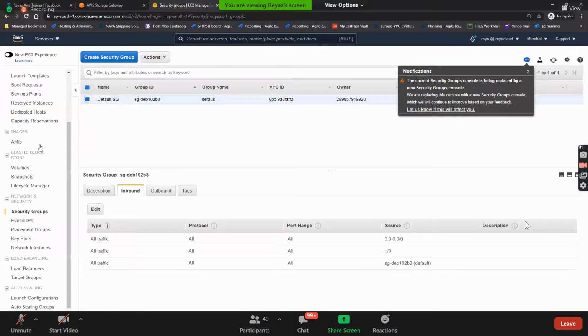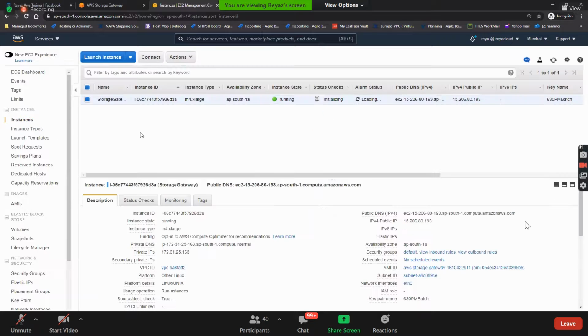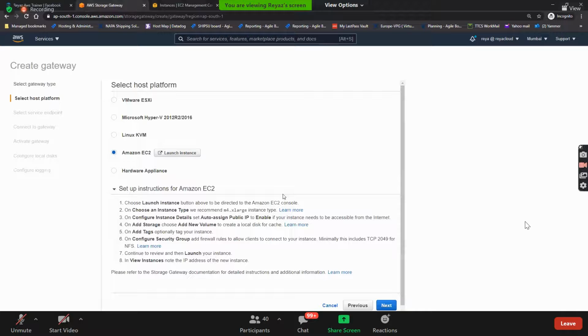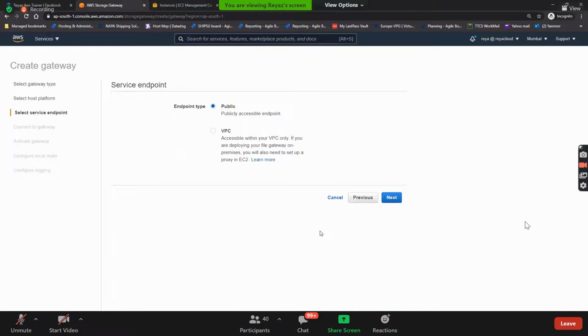Okay. Let's see if our machine is ready. Machine is getting up. Let's go to storage gateway. Should we click next? We have launched an EC2 instance now. Let's click on next. Guys, as we are working from outside, should we do public or VPC?